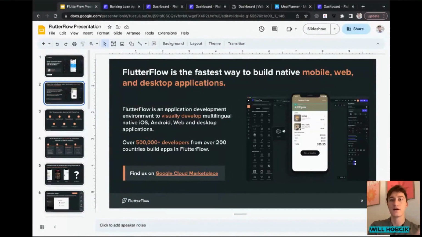We want you to think of it as you're using FlutterFlow to actually write the source code for your application, because everything that you're building on the FlutterFlow interface is built in full Flutter and Dart code that can be exported at any time in the back end, right? We're just providing this visual interface for you to build it. We have over 500,000 developers across 200 countries. So we're quickly expanding globally.